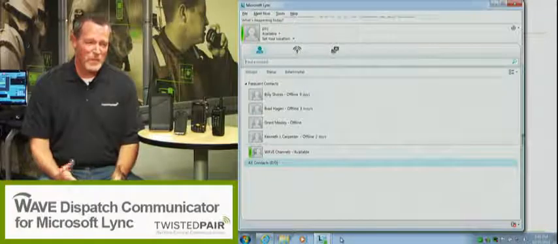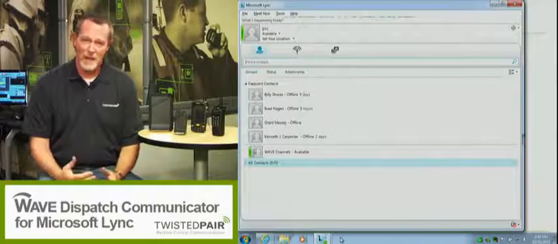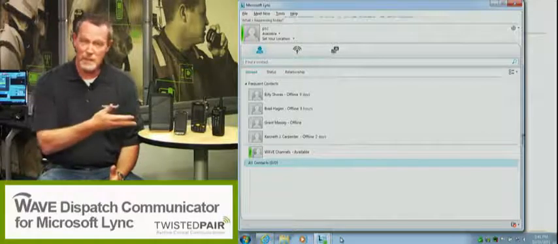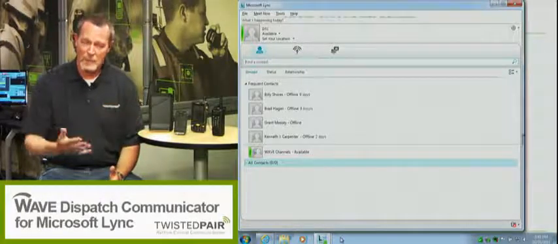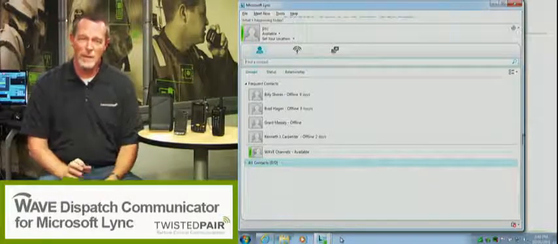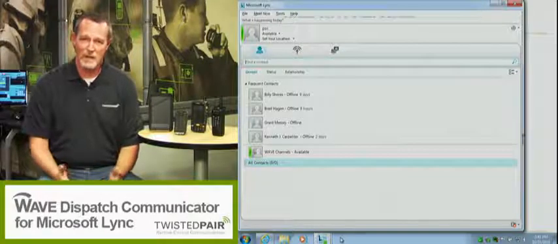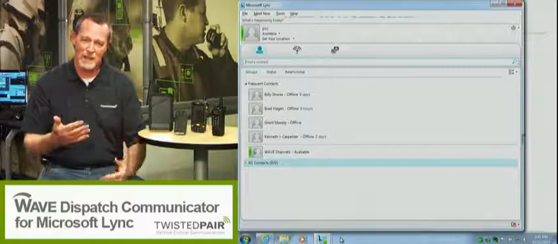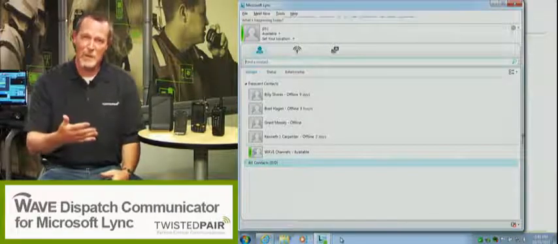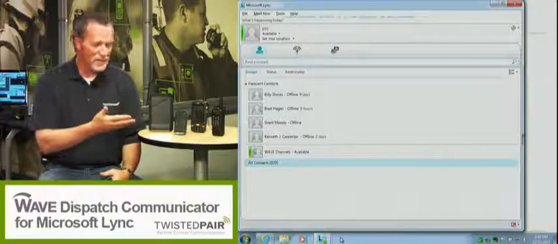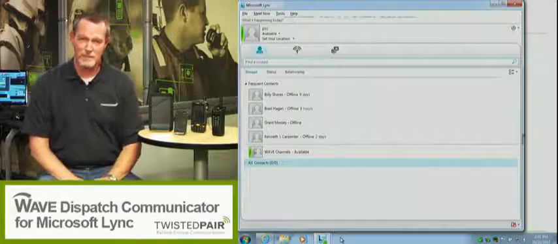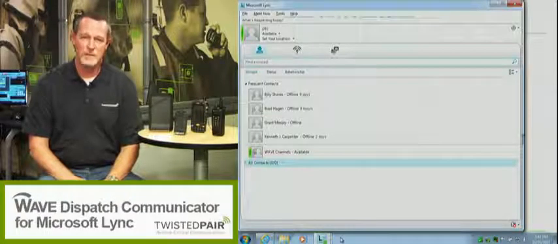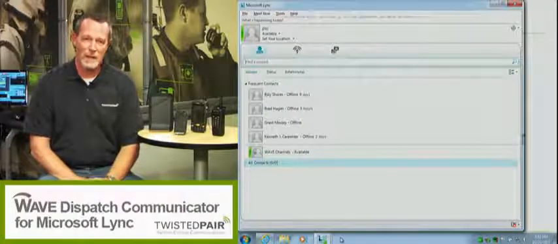So we've been working with Microsoft for some time to look at how we can extend access from Microsoft products out to these kinds of communication devices. An application we'd like to show you is the Wave Mobile Communicator for Microsoft Lync. So someone who is a user of Microsoft Lync, how can they effectively communicate with mobile workers that are using a variety of these different devices? I'm going to ask Joel Gruen, our product manager, to walk you through some of the features of the Microsoft